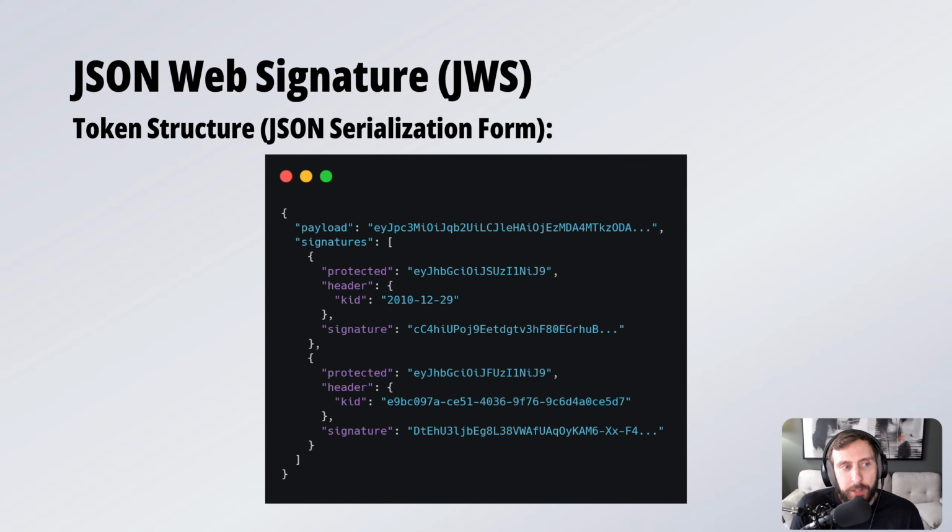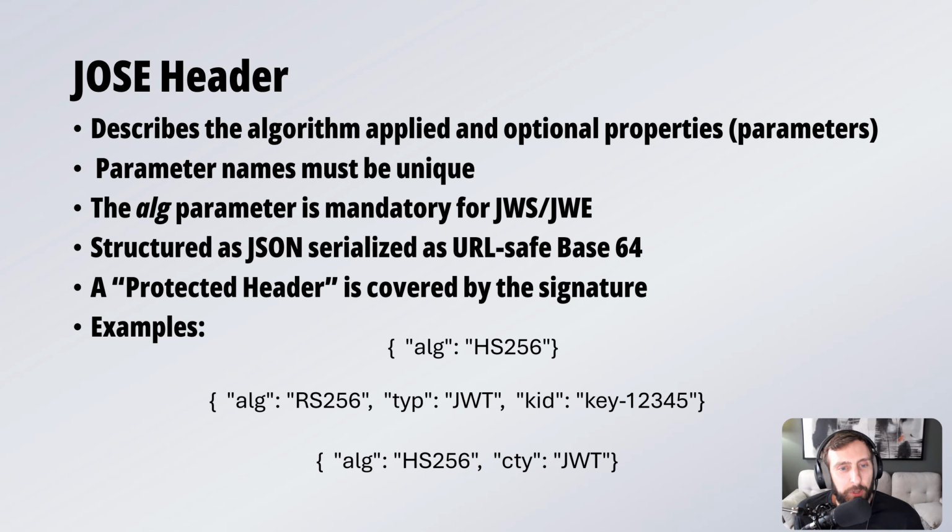There, I mentioned, was another token structure, and this is the JSON serialization form, and that's what this looks like. We're not going to be discussing this in too much detail. It's possible that you see it in different situations, so I thought it would be worth calling out on a slide, but we're basically going to skip right over that and move on now to talk about the JOSE header,